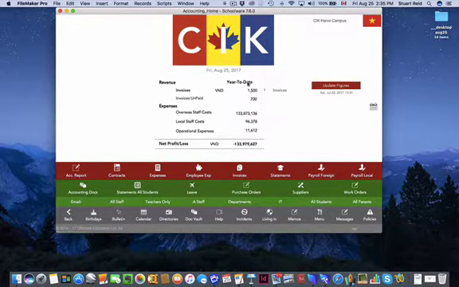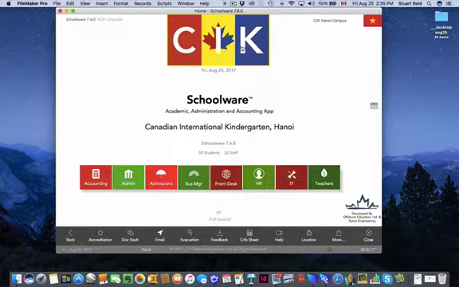In accounting, we have got one additional thing, which is the amount of money revenue to date. Of course, this is just in the test situation, so it doesn't mean anything. And it has got all the bits and pieces of information where you can come to, and you click here, you return to schoolware. So in a nutshell, this is the home that you arrive at and where you can go. It's sort of the hub of the whole system, and gives you access to everything. Okay, so I think we do